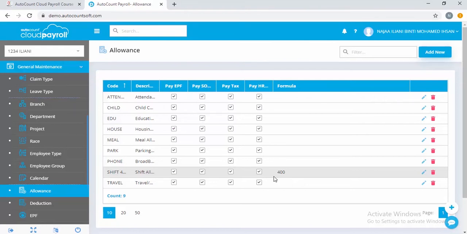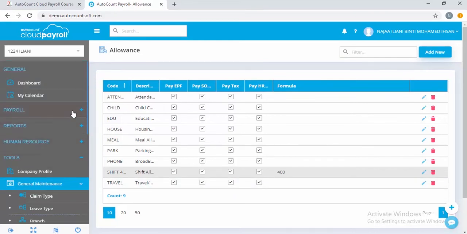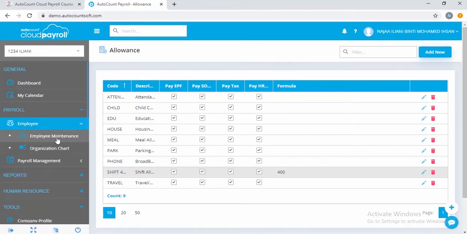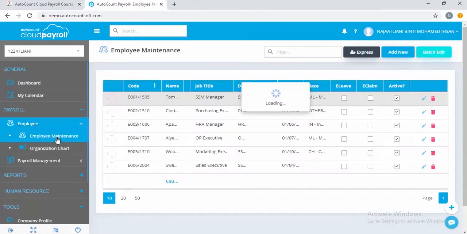Okay, so how to assign that? You have to go to the payroll, okay, and then you have to go to the employee, and then employee maintenance. So which employee is actually entitled for the allowance, you need to assign the fixed allowance to employee Ironman,